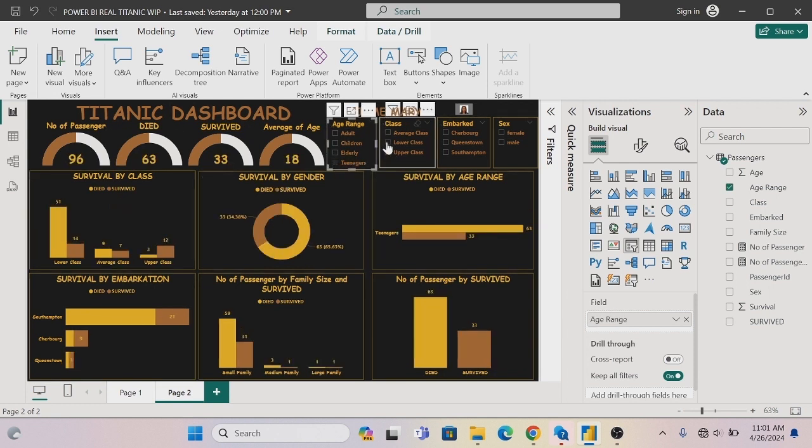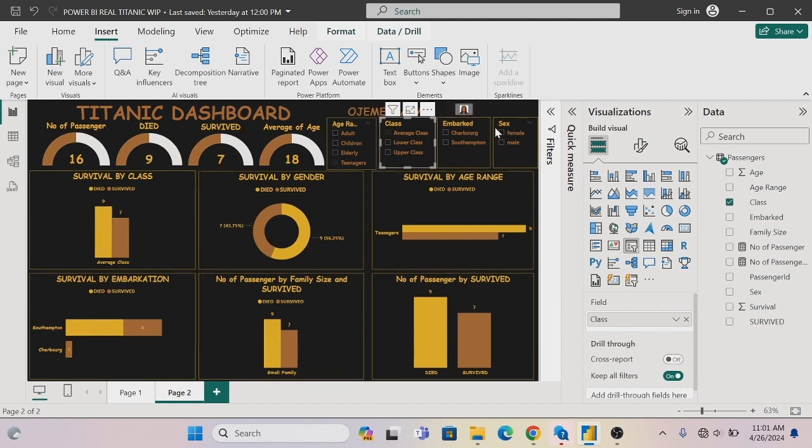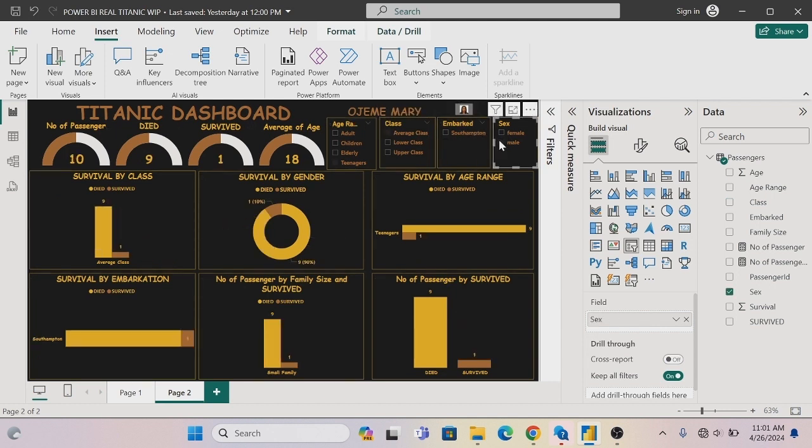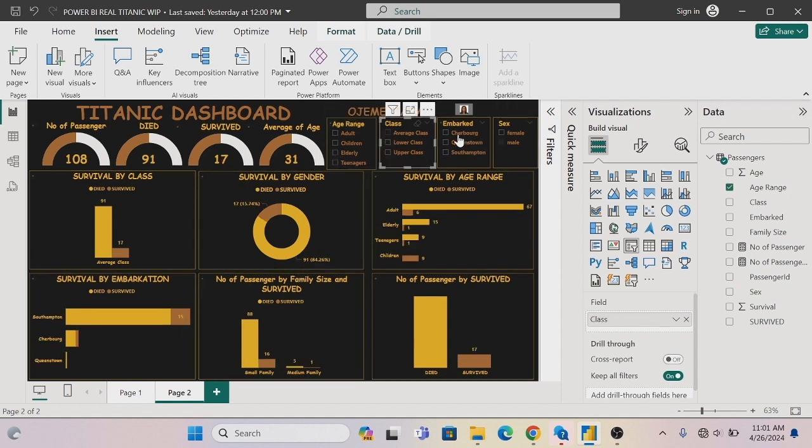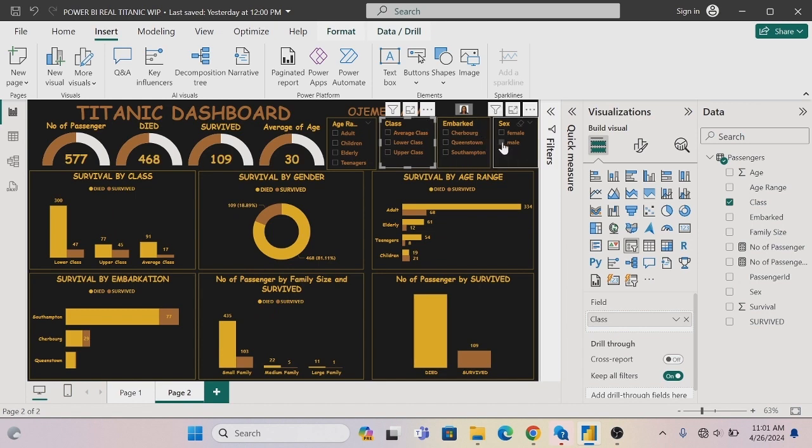So let's slice teenager, average class, male. So there are 10 passengers. Unfortunately, 9 died and just 1 survived. And the average age of teenager is 18. So that's how we're done for today. What insight can you get